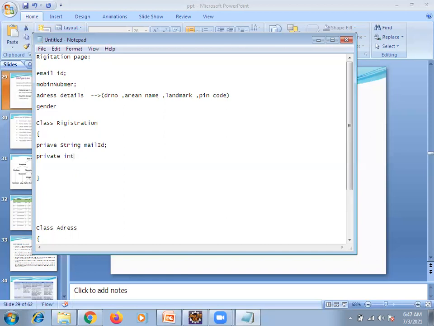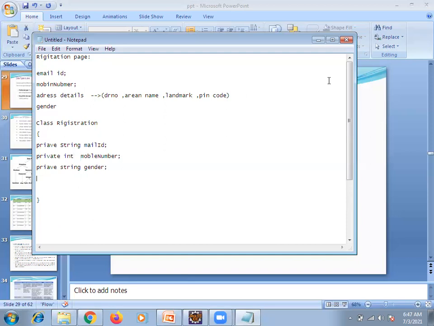Let me keep it as int. Mobile. Trying to understand how I am writing. Next, private string gender.